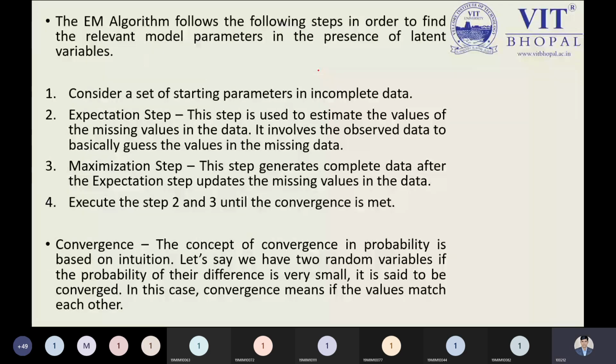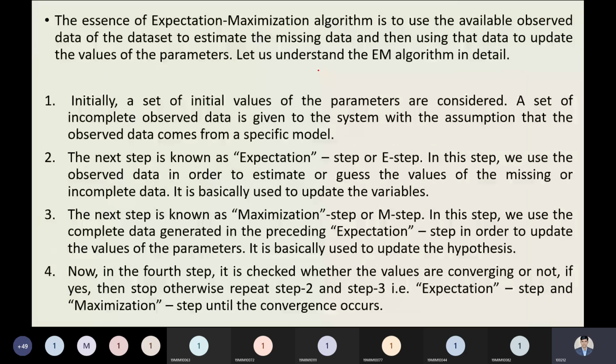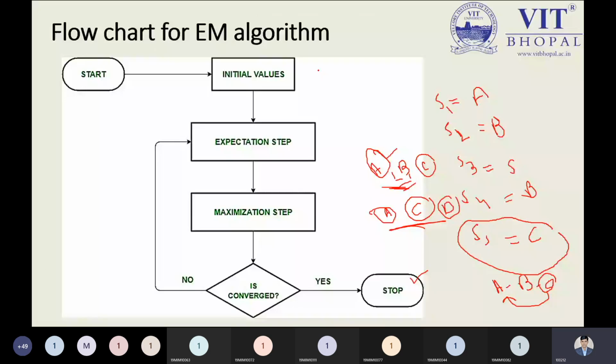Theoretically, I'm just leaving this slide right now because you can go through all the content I have written over here. That is only transformed into this point. Now, again, this is a theoretical portion we have over here. The essence of the expectation maximization algorithm we have written over here. We have already discussed. Now, this is our diagram. The same previous diagram is transformed into the EM algorithm and nothing else especially.